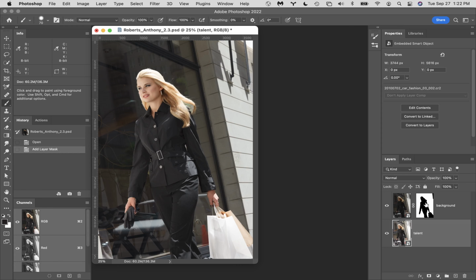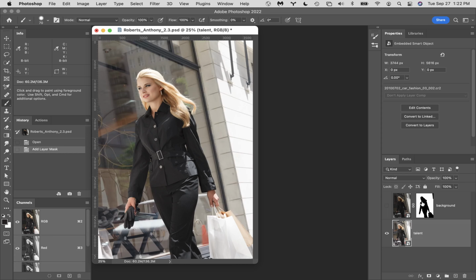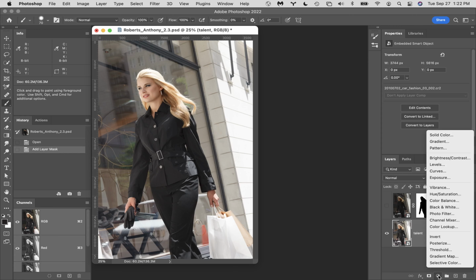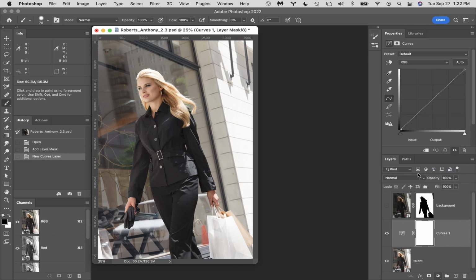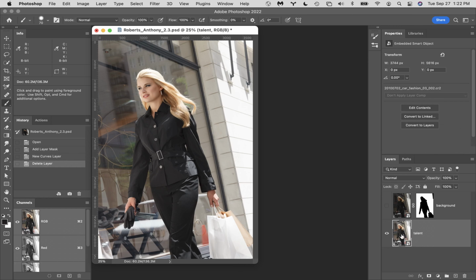So instead, if I was going to do this as quickly as I possibly could, I'm going to add a curve on top of all of this. One of the things that we're going to talk about today is blending modes. In using blending modes, you don't necessarily have to make a copy of your image. A lot of people are used to doing this. If they wanted to use a blending mode to make this lighter or darker, they would select the